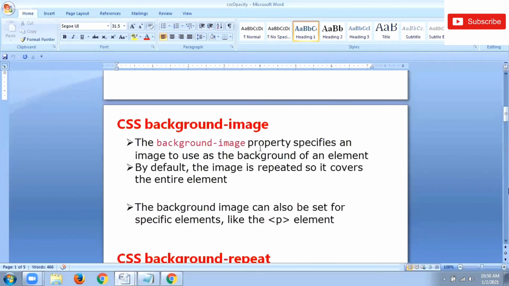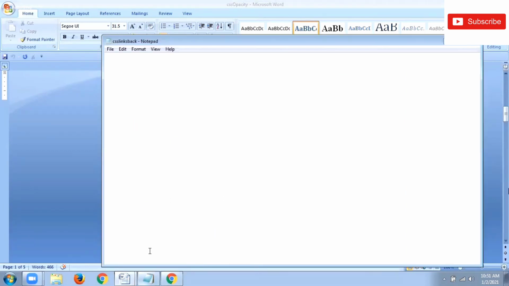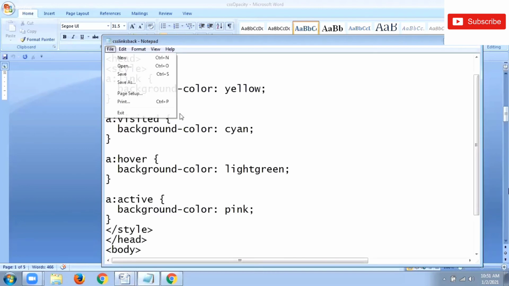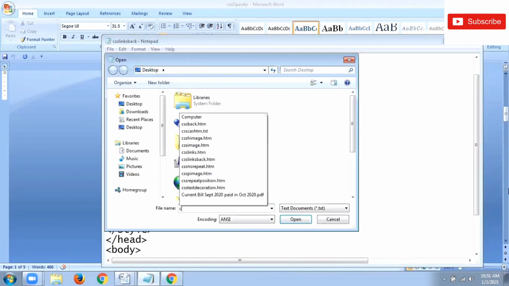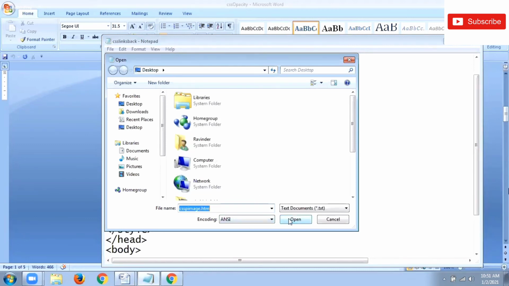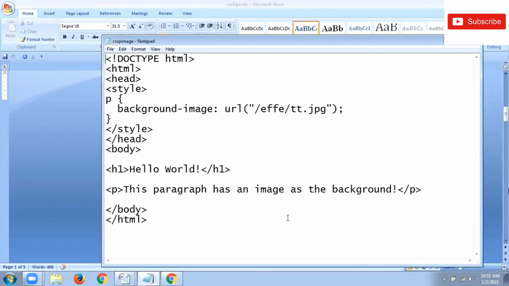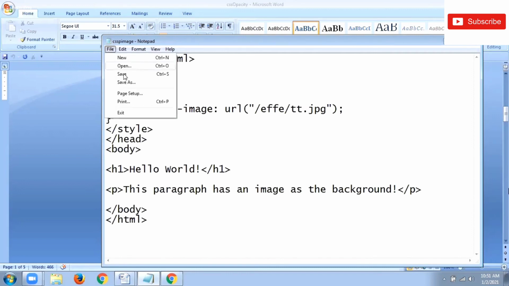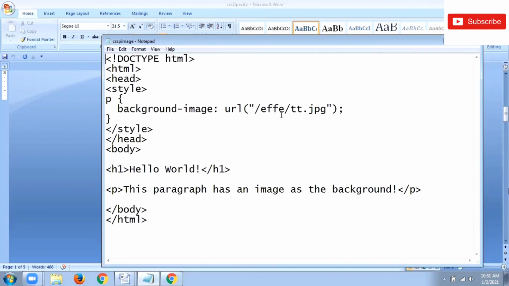Okay, so background image: you can set an image not only for the complete page background, you can specify your image for a particular element also. See, previously we showed the image set for the complete page. Now let us see, only for the paragraph element I want to set my background image. So this is my URL, the same syntax.